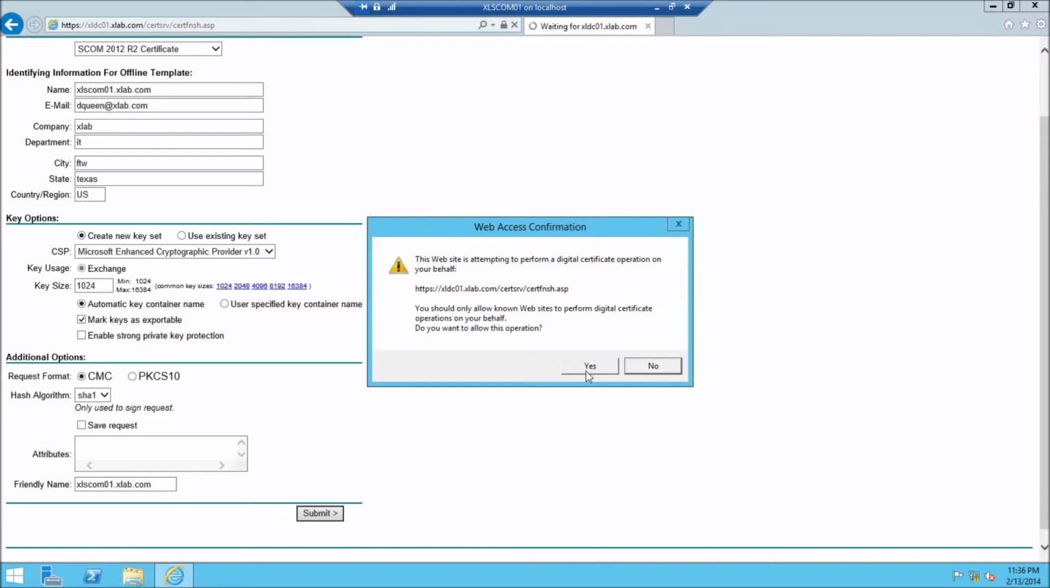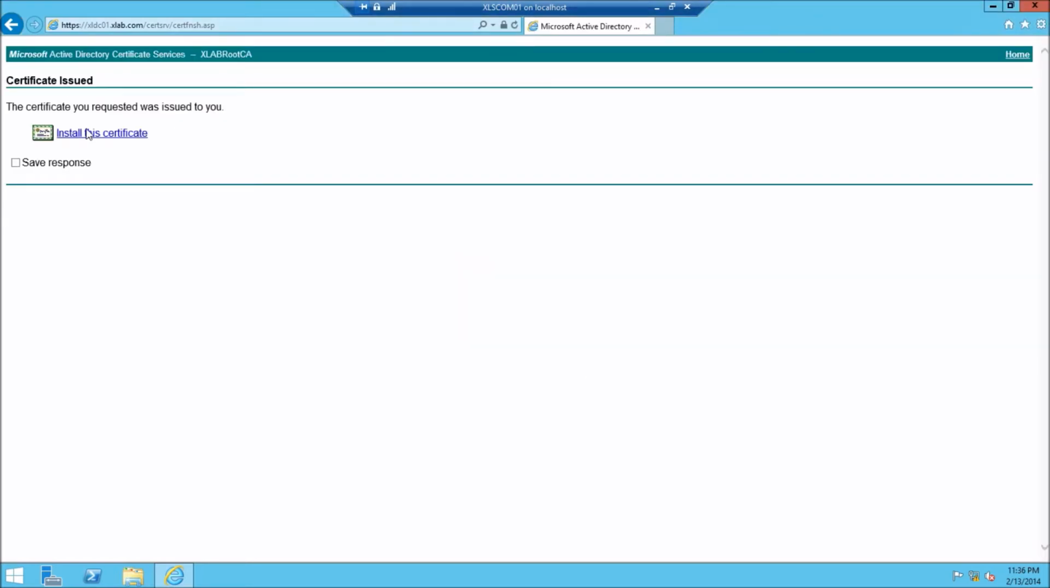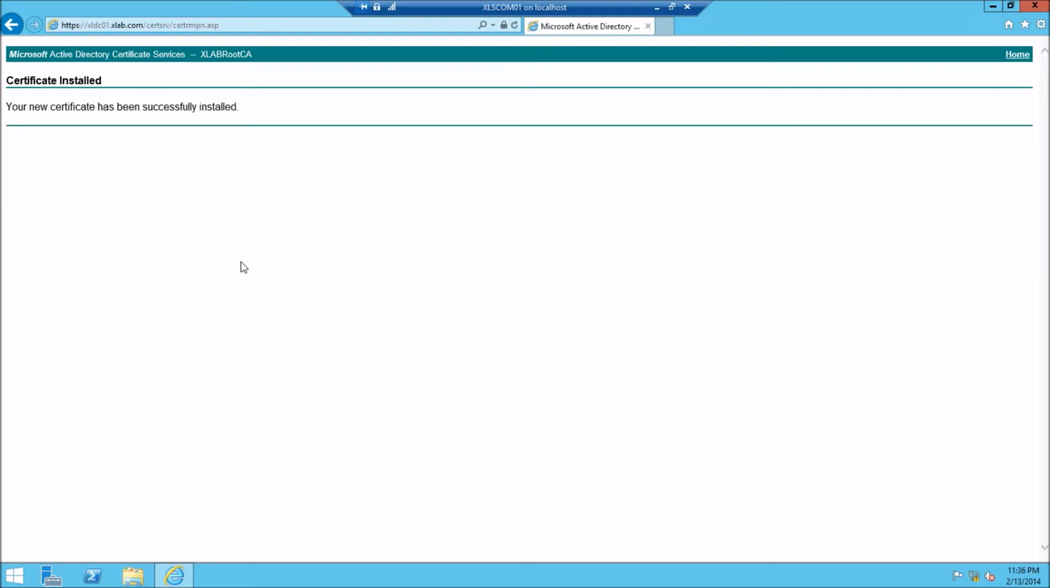Once more, we have the confirmation, so let's click yes. And I'm going to click install this certificate. This is actually going to install it to my user personal store, not the computer personal store, but that's okay because we're going to be exporting this out momentarily. So there we go. It's been successfully installed. We're going to go back to the home and we're going to do this whole process over again for the